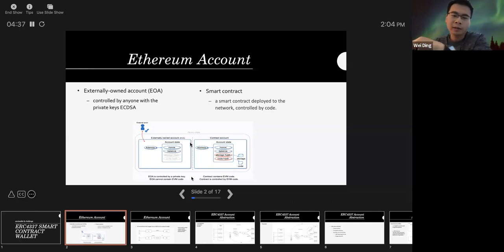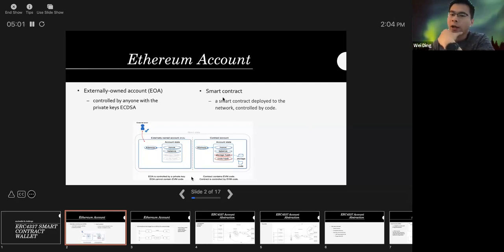We could add quantum-resistant signature verification, or even biometric verification like fingerprint if possible. So the smart contract can have a lot of flexibility to add programming logic on top of that.